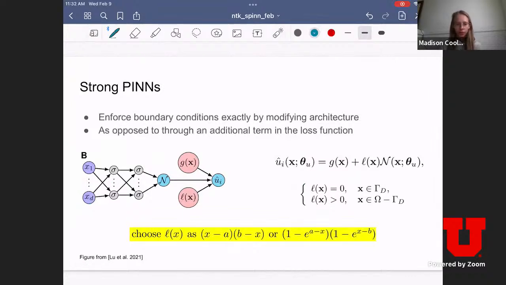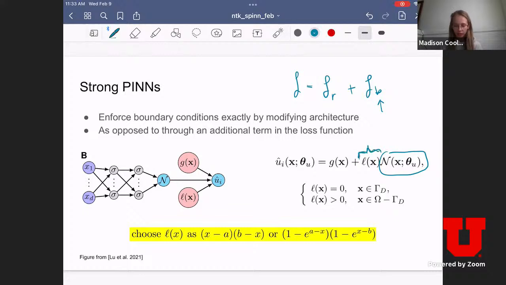So when I introduced pins in the previous slides, typically the loss is composed of two loss terms, one for the residual and one for the boundary. But for particular types of boundary constraints, you can actually modify your neural network architecture to satisfy them exactly. And so one method to do that is, if this is your neural net, you come up with some function L that satisfies these boundaries. So for Dirichlet boundaries that are 0 at the boundary, so the solution is 0 at the boundary,